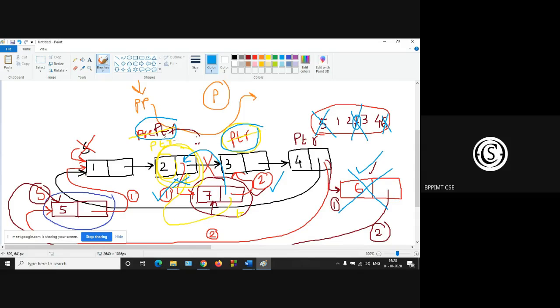So this one points to the pre-PTR and this 7 is now pointing to the PTR. So break this connection 2 and 7 and 3 and make a new connection from 2 to 3. So what is the connection? Pre-PTR next is equal to PTR next.